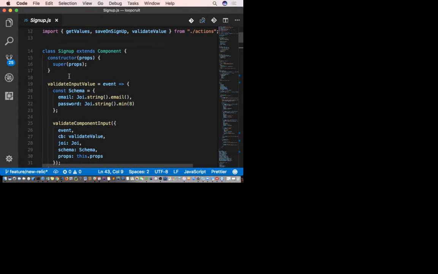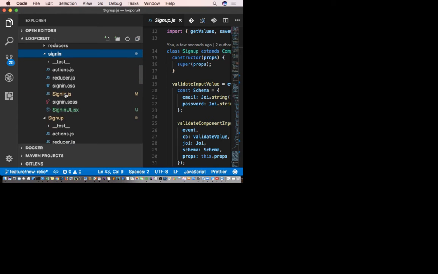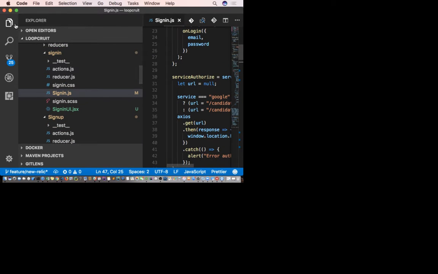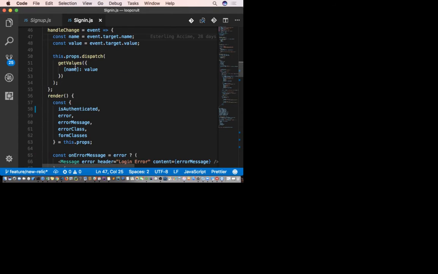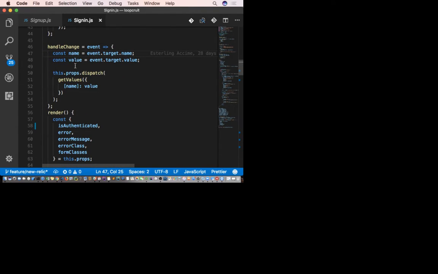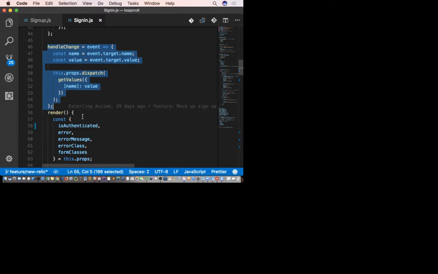Okay, sign in. Just drag this over here. When we look at the sign-in component, this is a class component, right? Because we can instantly tell, hey, we have a function. That means it should be a class component.